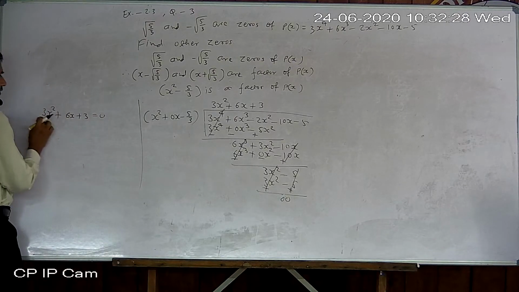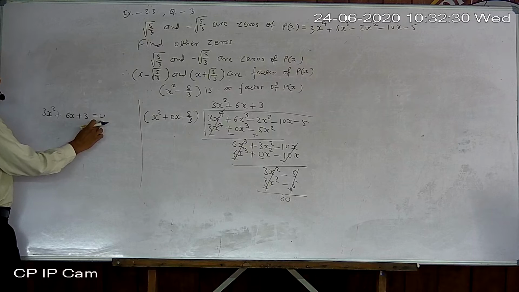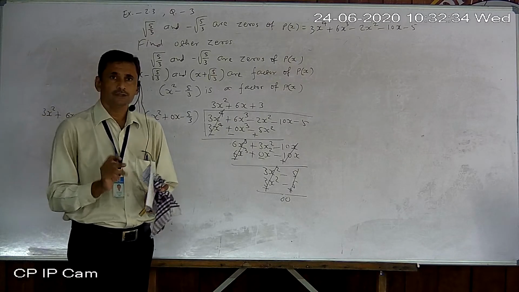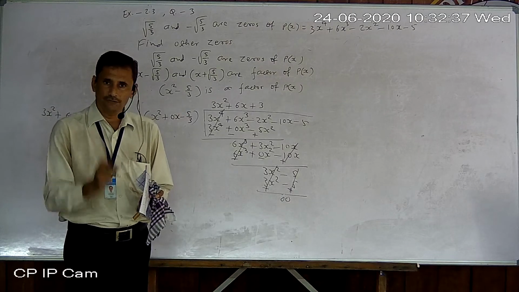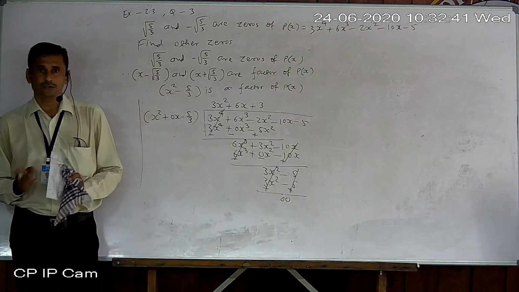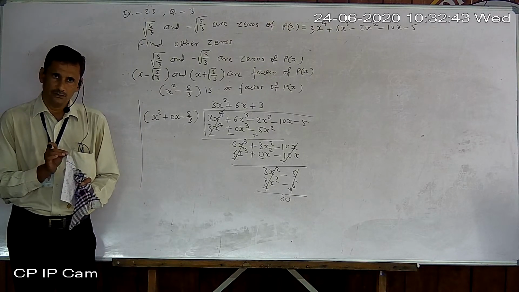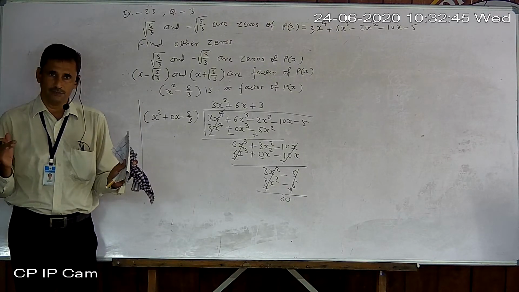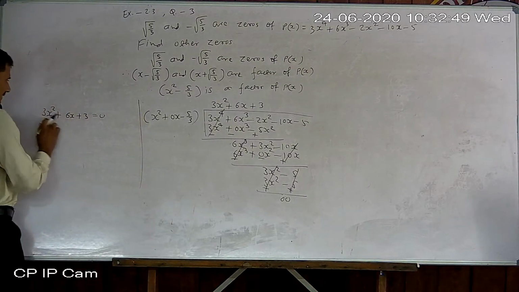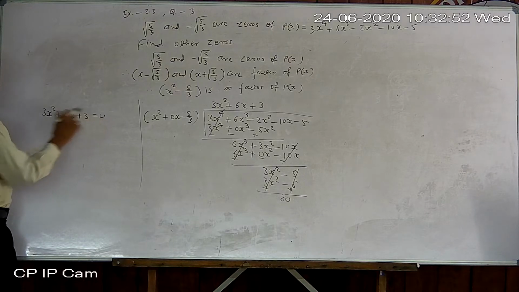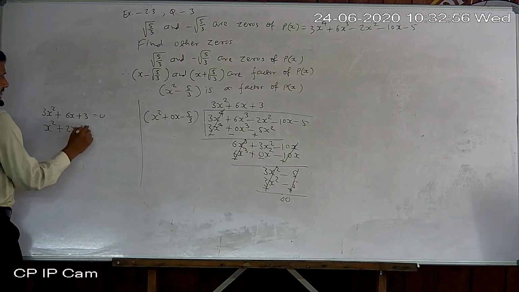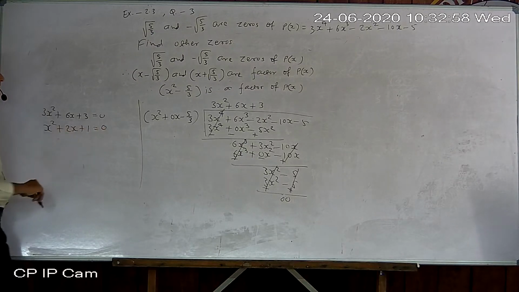Now the whole equation is divisible by 3. So whenever any equation is divisible by any number, just divide that equation. Always keep in mind, whenever all terms are divisible by something, that is, something is common, at that time always divide. So it is divisible by 3, 0 also. So I divide by 3. Here also 0 by 3.